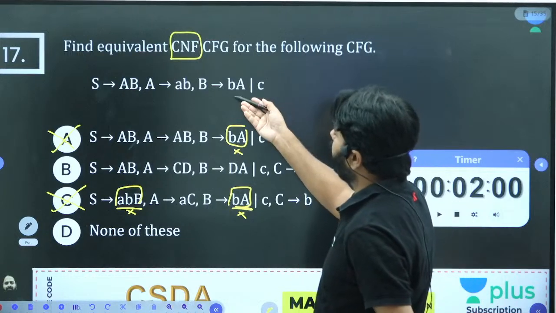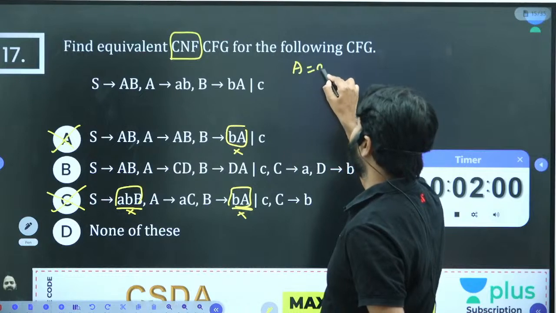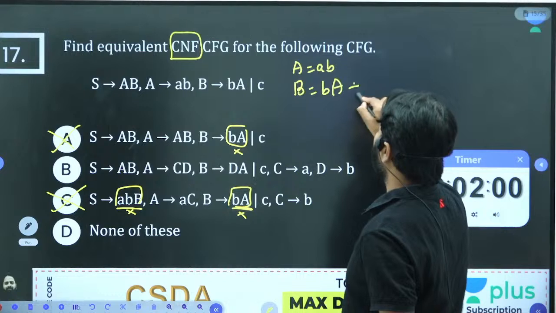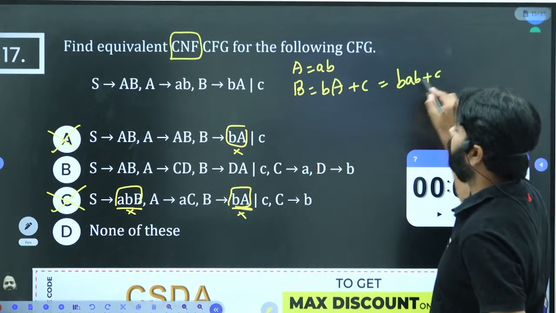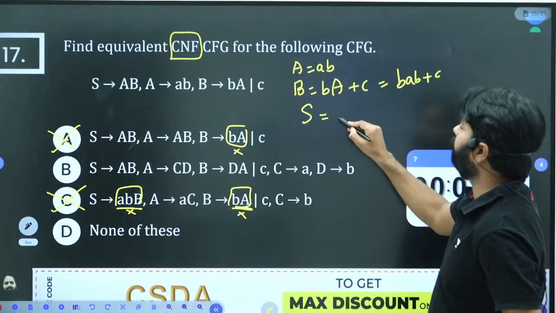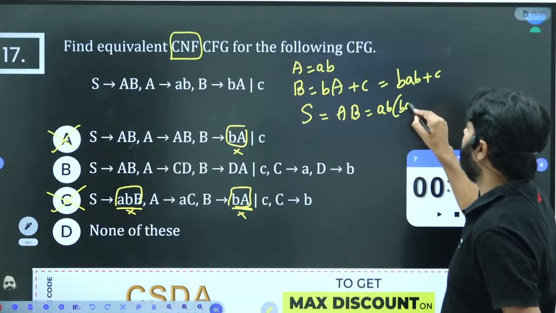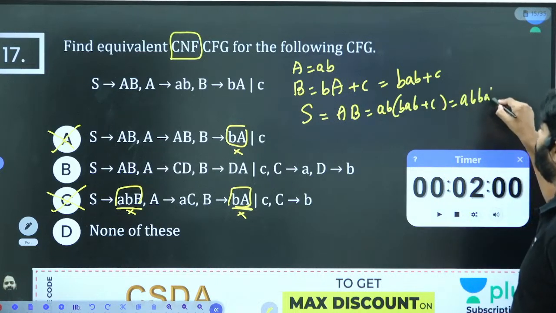First, do you want to try what it is? Okay, capital A is again AB and capital B is BA or C, and A is just now we got something, AB plus C, and S is equal to your language, A followed by B. What is A? AB. What is B? BAB or C. You know it. What is the answer? AB, BAB plus ABC.